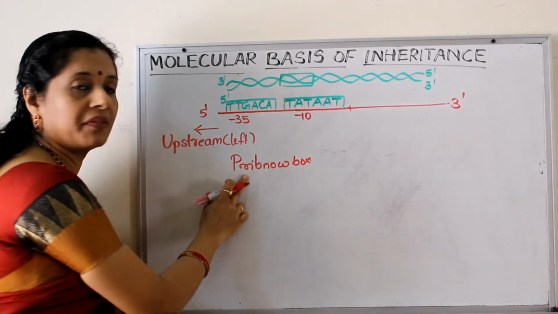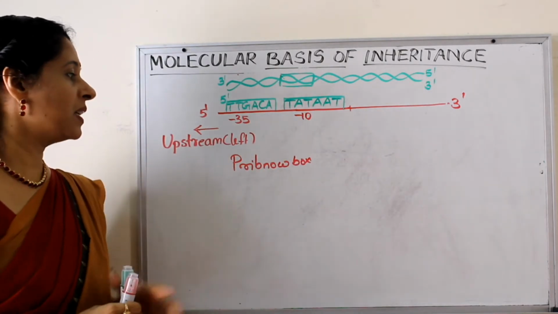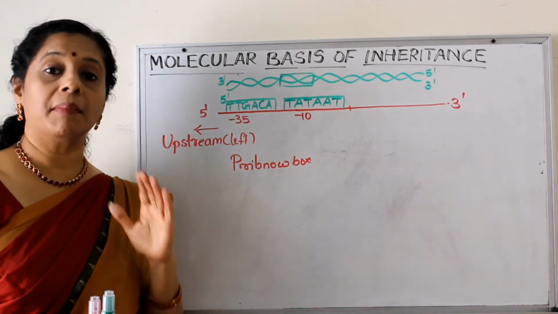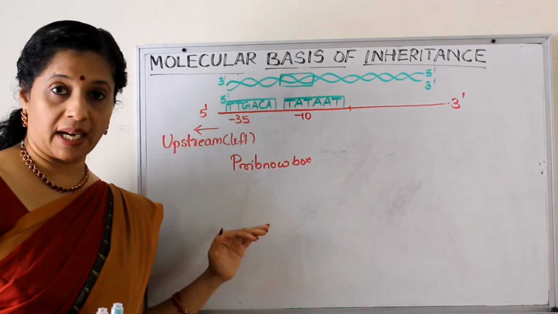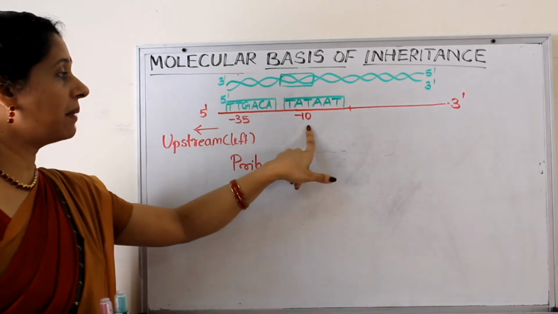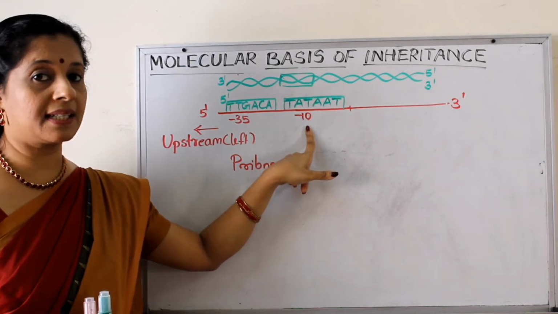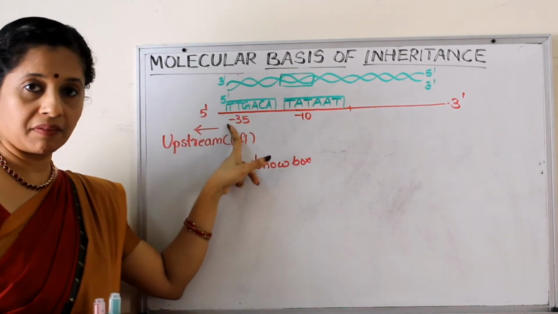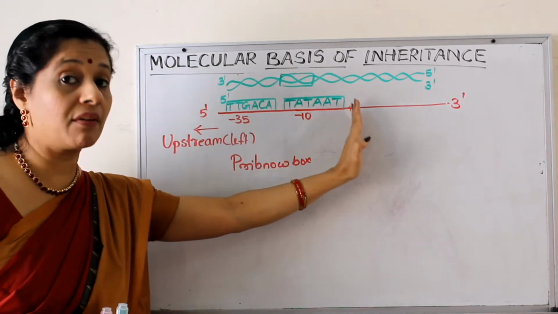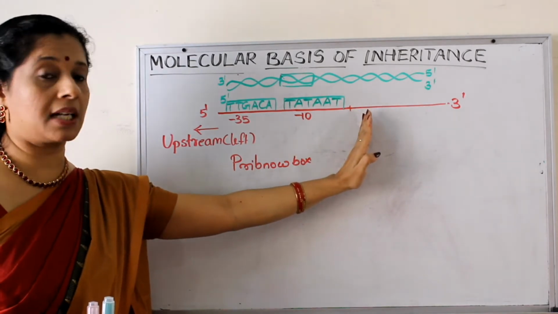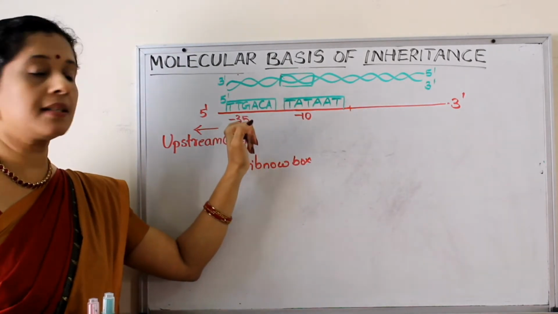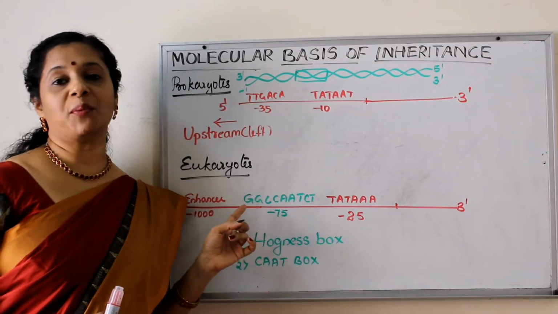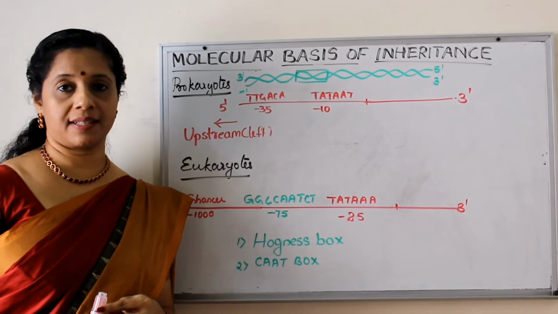So this is the name of the scientist who suggested it. Okay, so Pribnow box is present. Tata box also it is called, but we use Pribnow box in prokaryotes. So this Pribnow box is at minus 10 nucleotides away, that is upstream. Then again if you go further at minus 35, that means 35 nucleotides away from the initiation of the transcription, there is another consensus sequence TTGACA.